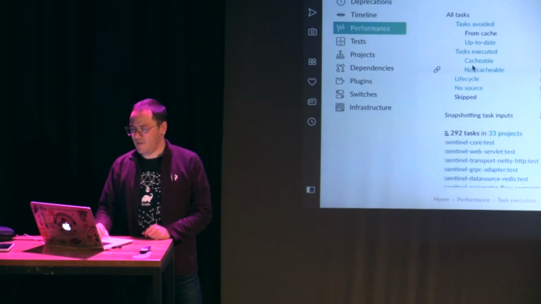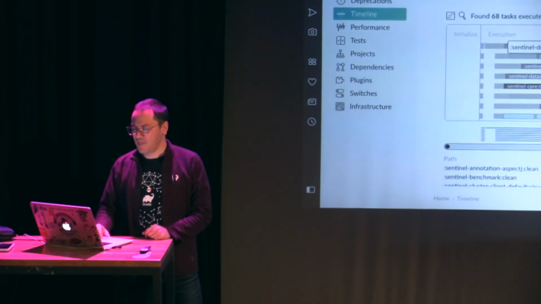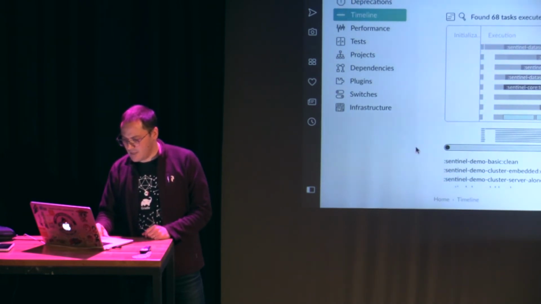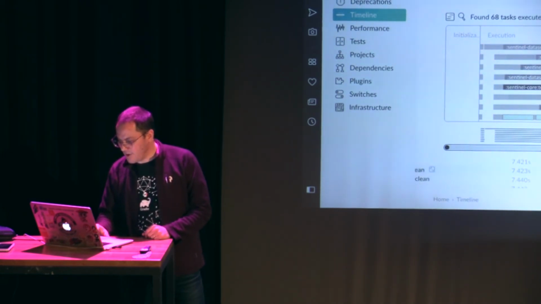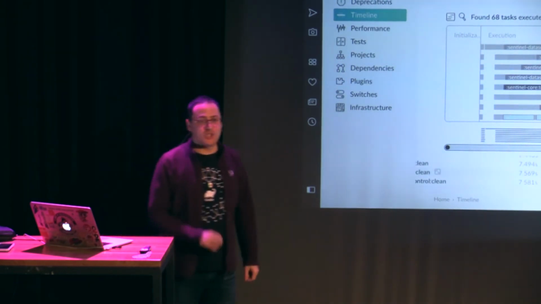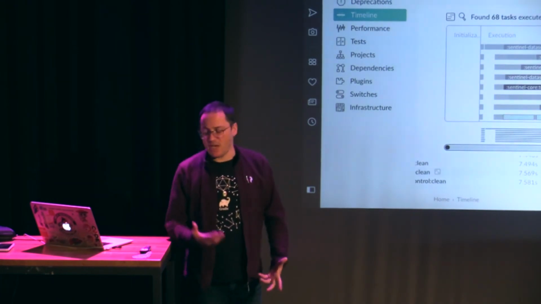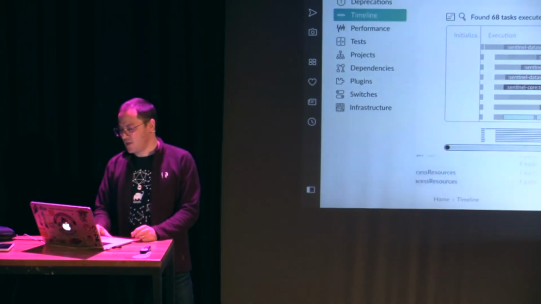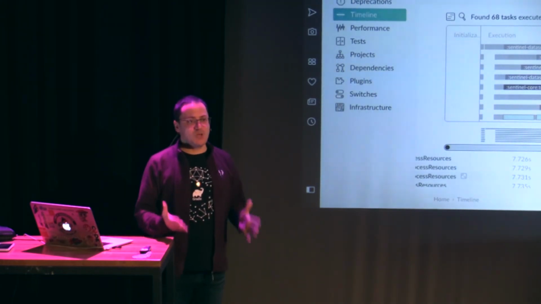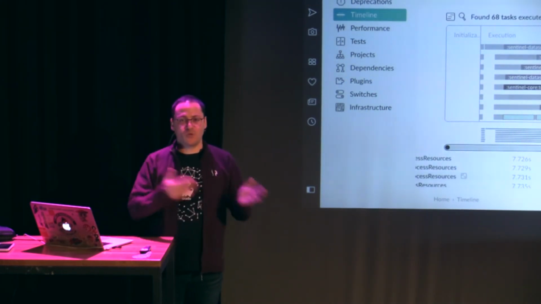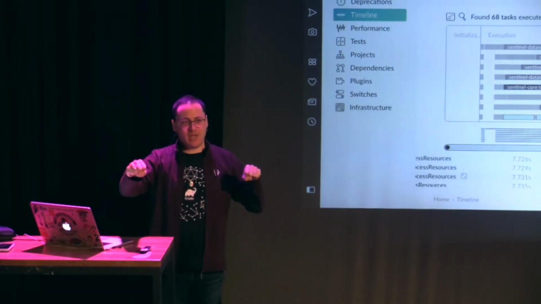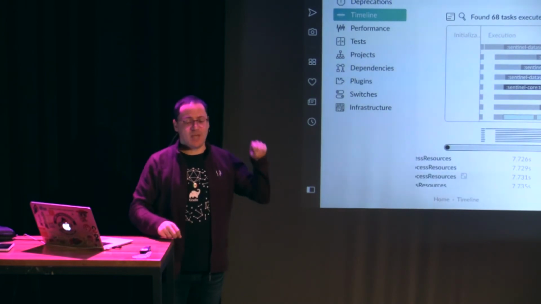And if I click on not cacheable, it will tell me, oh, this is not that big here. There we go. There are tasks that are of type delete. These, of course, destroy outputs, so you can never cache these things. There are other types of tasks, such as process resources. These are copy tasks. It's much, much faster just to copy files from one place to the other than try to package the resources and then unzip again, because this is what the cache is doing. It saves the output zips and then